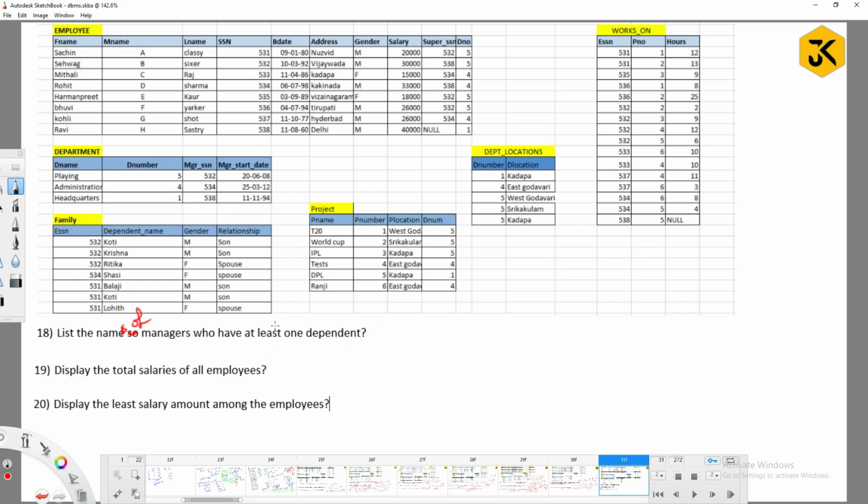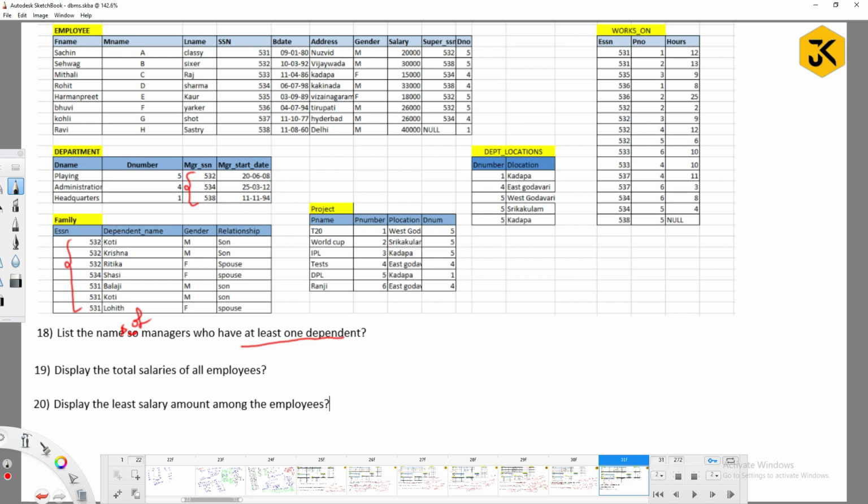Can you find out the manager numbers? And can you find out the ID numbers? You can simply think of those who have at least one dependent, right? So first thing, simple thing, from the department level, you are getting manager SSNs. From the family level, you are going to get dependents, right?